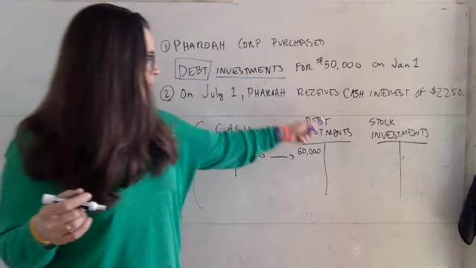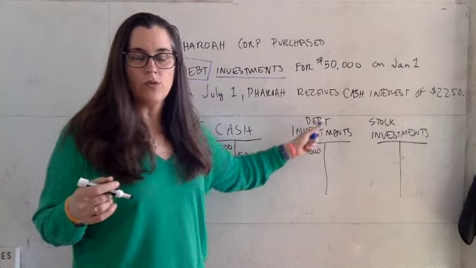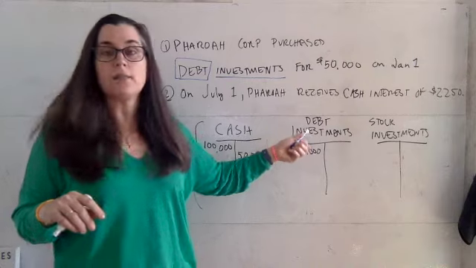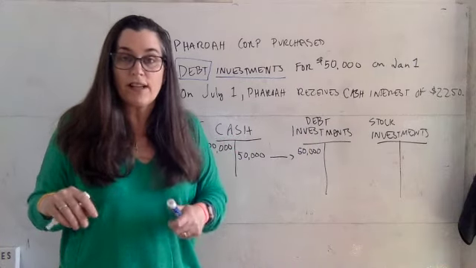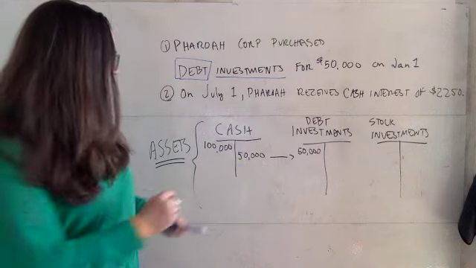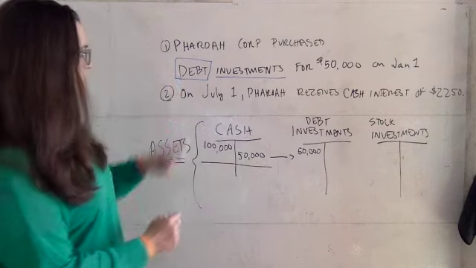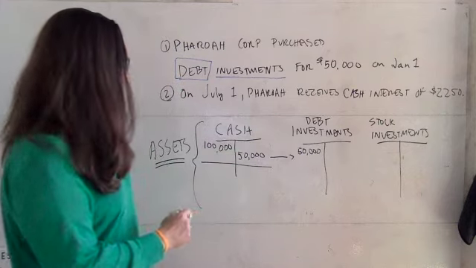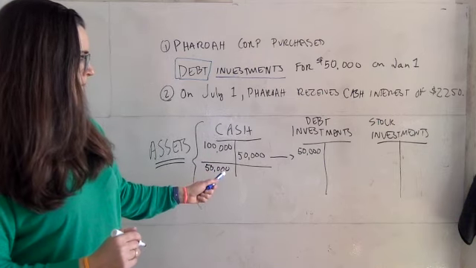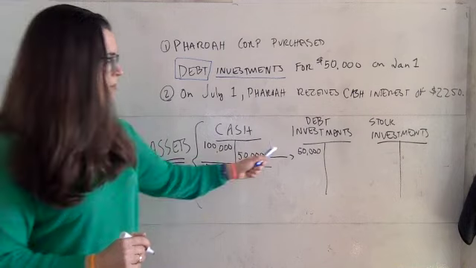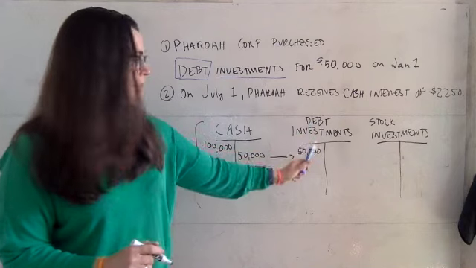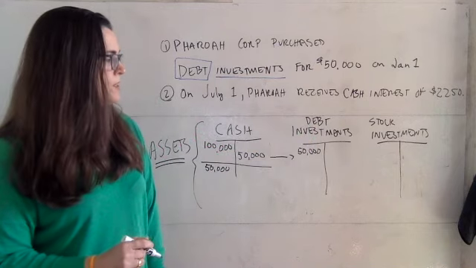We're not told the name of the company we're purchasing from. We're just told it's debt investments. But imagine they are purchasing the bonds issued by another corporation. That's effectively what's happening here. So $50,000 of their cash goes down on January 1 because they're purchasing an investment. They're left with $50,000 over here, 100 minus 50 is 50. So their cash reserve is now lower, but now they have another asset on their books that is $50,000 higher. The debt investment went from 0 up to $50,000.